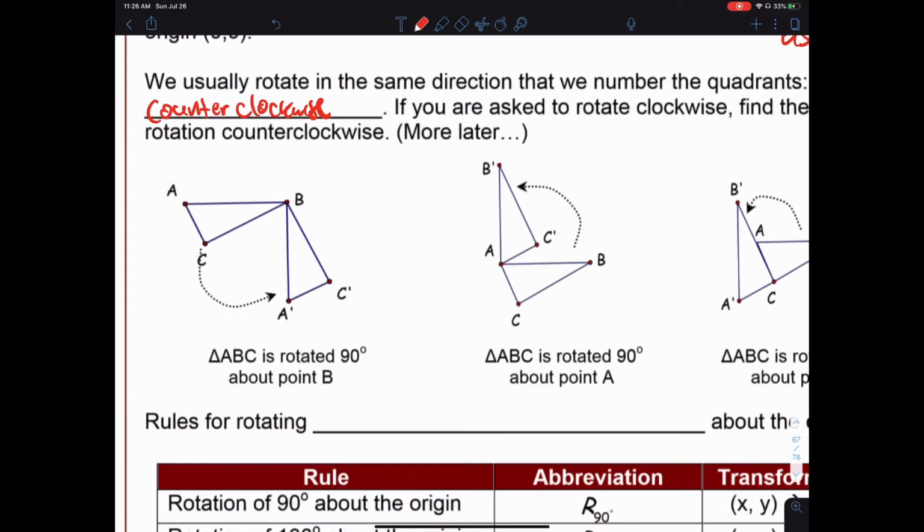If I take this triangle ABC and I were to rotate it 90 degrees about point B, that would give me this image, A prime, B prime, C prime. Same can be said